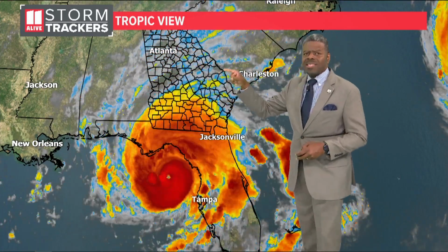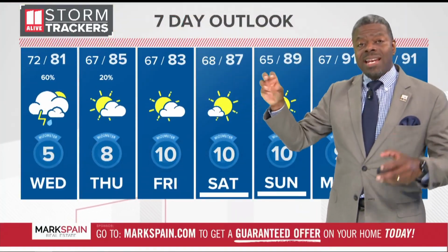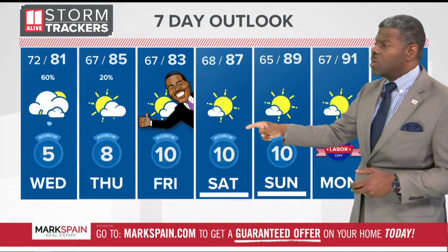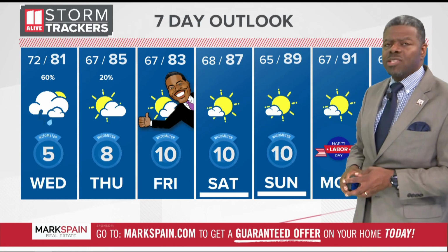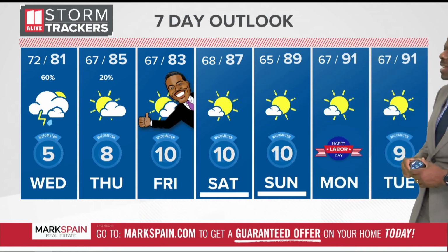But again, for us, you're talking about minor impacts around here, and temperatures and our conditions getting better over the next couple of days. In fact, we have a couple of tens here on the Wazometer from Friday right on through Sunday, looking pretty good around the area, with temperatures remaining in the 80s through then, back to the 90s by the time we get to Labor Day, and we'll continue that as we head into